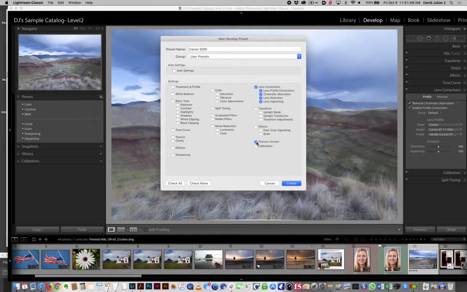Process variations should be left on. That just tells Lightroom how to process the image, basically. So that's now a 5D3, and I'll call it Lens Correx. I hit create,